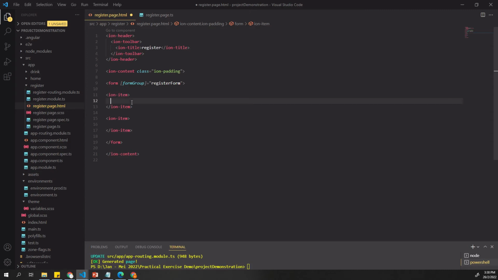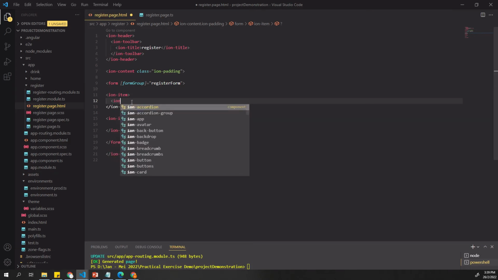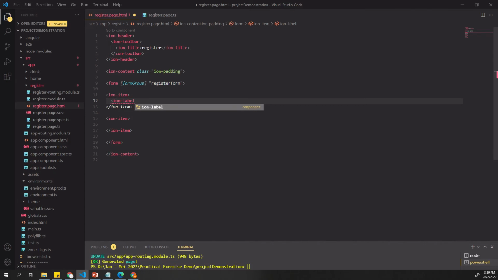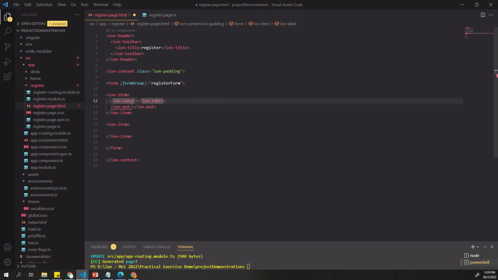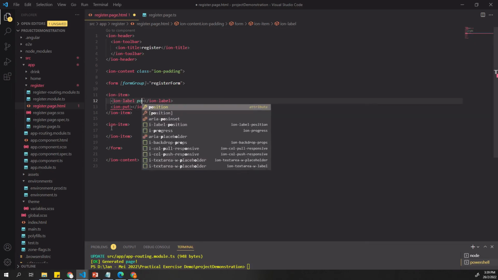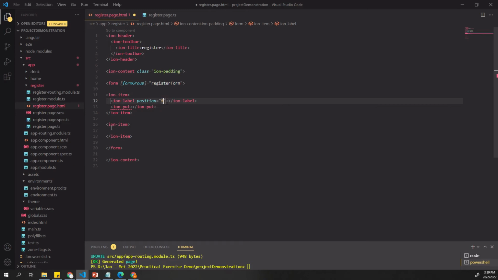Okay, dalam ion item pertama ni akan ada ion label. This is the basic one of input and label, so I will not really explain this. Ion label, ion input, yang mana dalam label ini I will use the position of floating, dan labelnya adalah email. Untuk ion input,